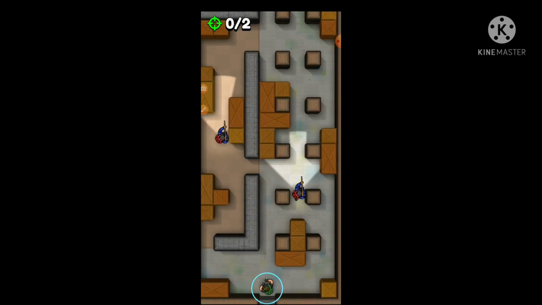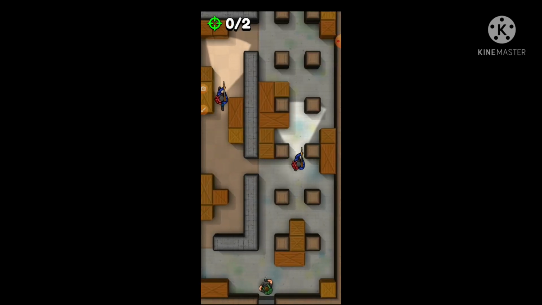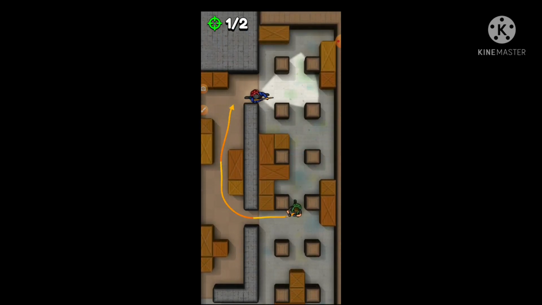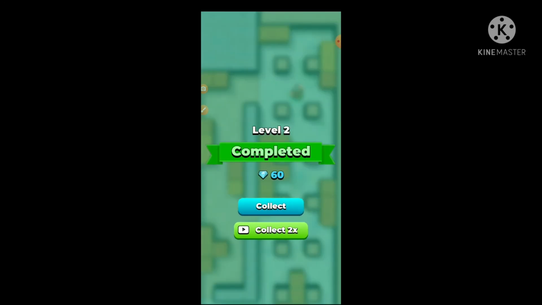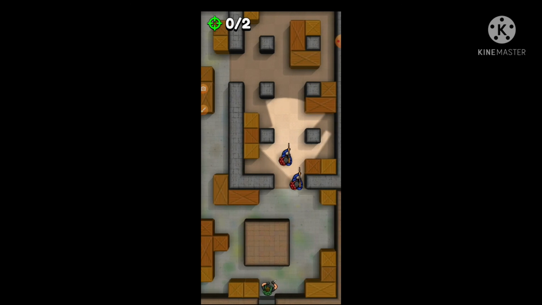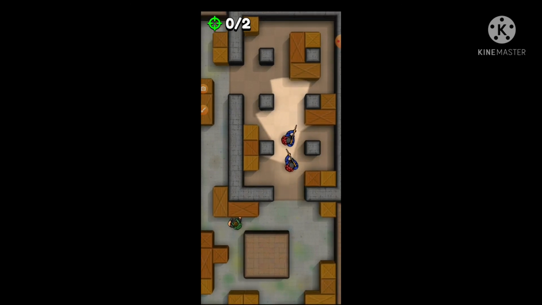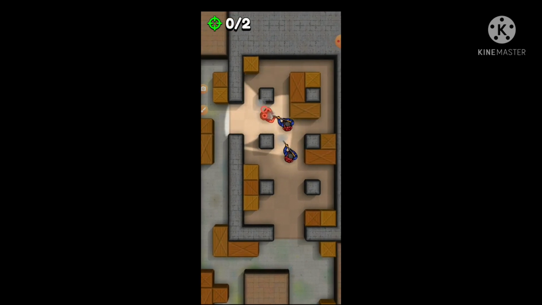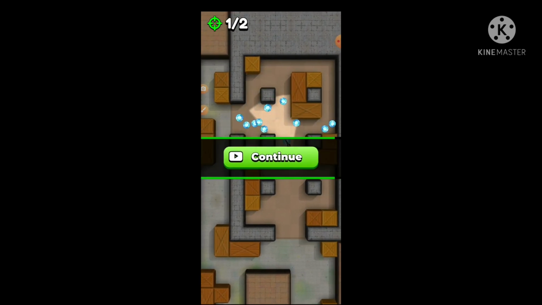Guys, some of you may be thinking the video is lagging, but I am not lagging the video. I am just showing the proof, guys. Some of my friends are telling me that I am lagging the video. Many are not watching the video, it seems, and they are telling me it lags.